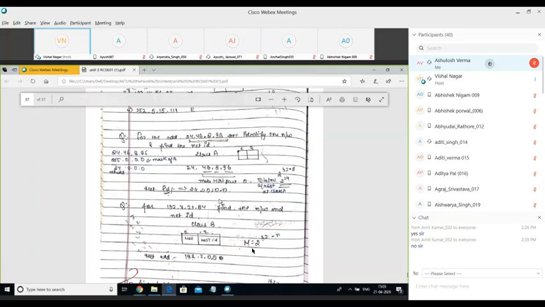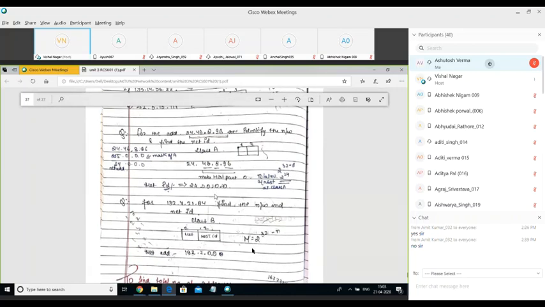And how can we divide this into net ID and host ID? The first octet belongs to your net ID. That means 24 belongs to your net ID part, and the remaining 3 octets are for the host ID part. If they ask for the net ID, keep the 24 as it is, and all the remaining 3 octets will become 0. So 24.0.0.0 is your net ID corresponding to this IP address.